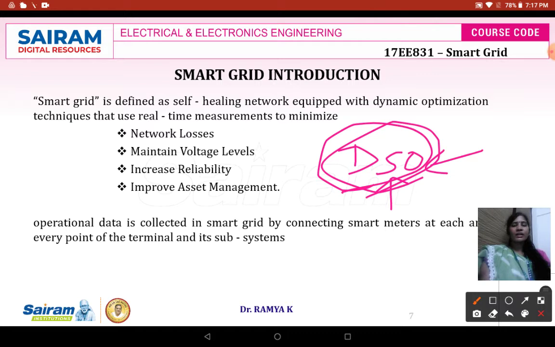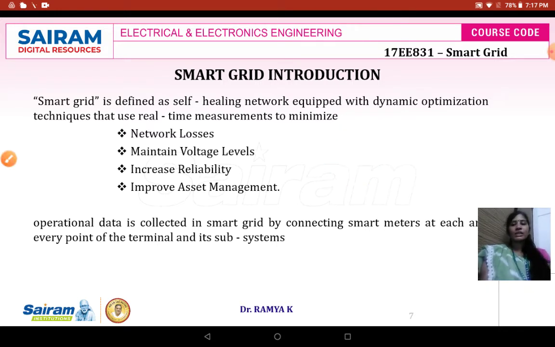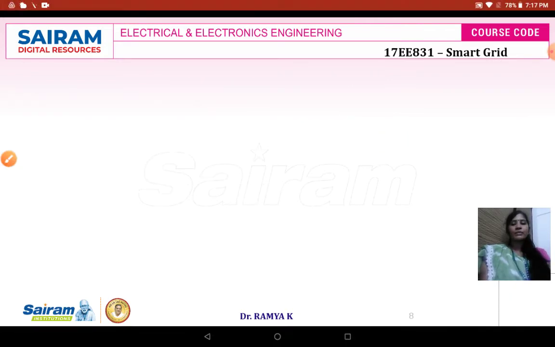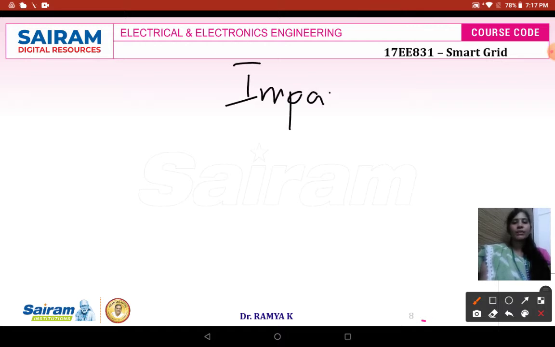But smart grid first depends upon identifying the key performance indicators. First we should identify the key performance index. For example, in case of smart grid, there are many services. The services could be impact of solar, impact on solar PV system, or PHEV, because we will be connecting the electric vehicle at the output. This is one of the services that could happen.